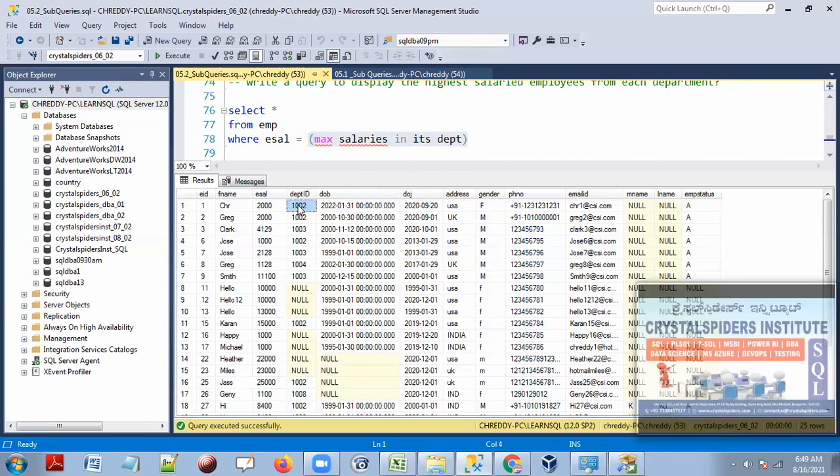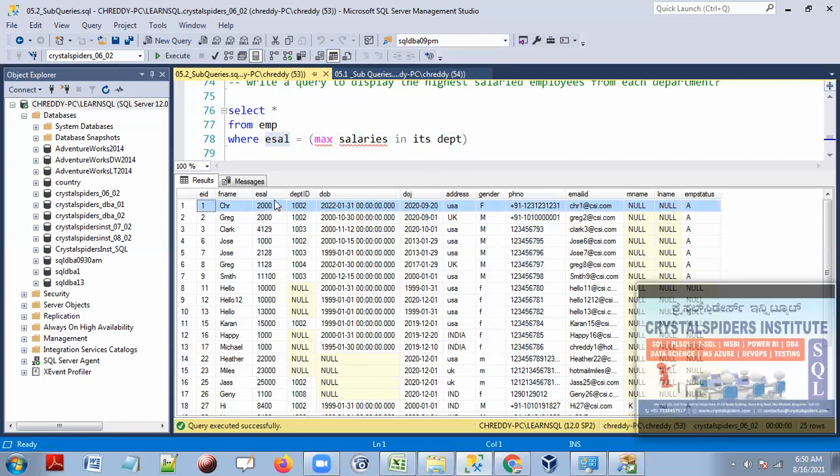So what I'm going to do now is give this department ID 1002 to this subquery. In this first record, the department ID is 1002. I'm giving this 1002 to my subquery and calculating what the max salary is in 1002. Calculate that, guys. What is the max salary? Is that max salary equal to the current salary in that current record? If that is true, then say this record passed that condition.